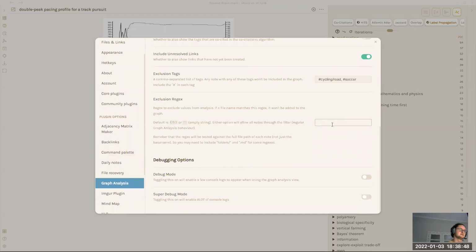And so I will exclude any notes which have cycling in the name. Importantly, the regular expression is being tested against the full file path of the note, not just the base name. So you need to include folders and the extension,